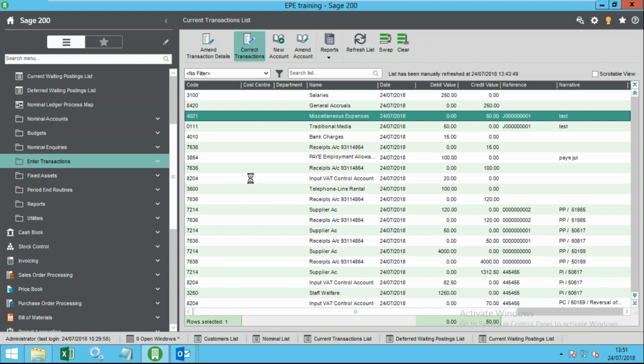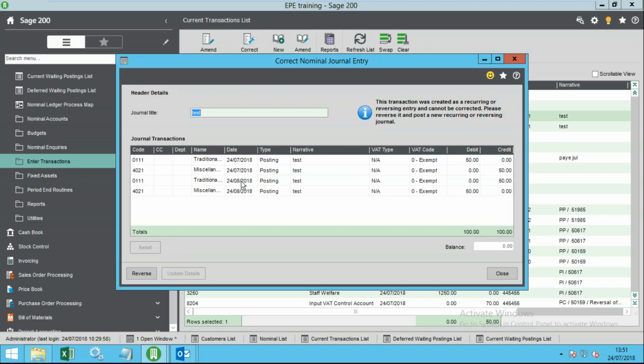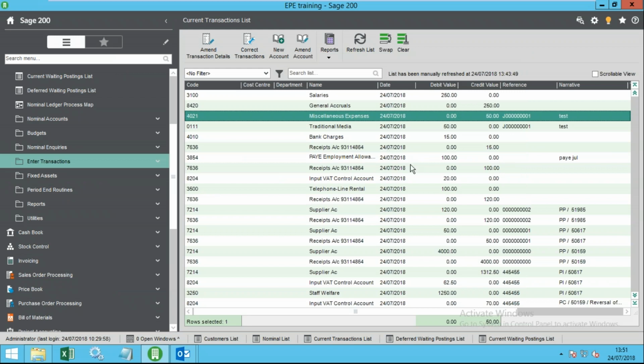So if I go to correct transaction, oh sorry, this is a recurring. This was our accrual, so you can't actually. If it's a reversing or recurring entry, you won't be able to use the correction. It has to be. So if I just put on a new one,